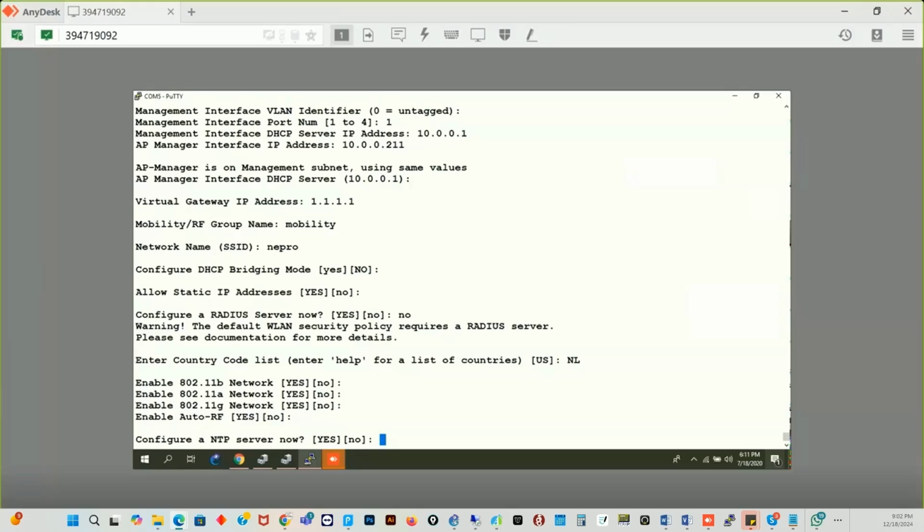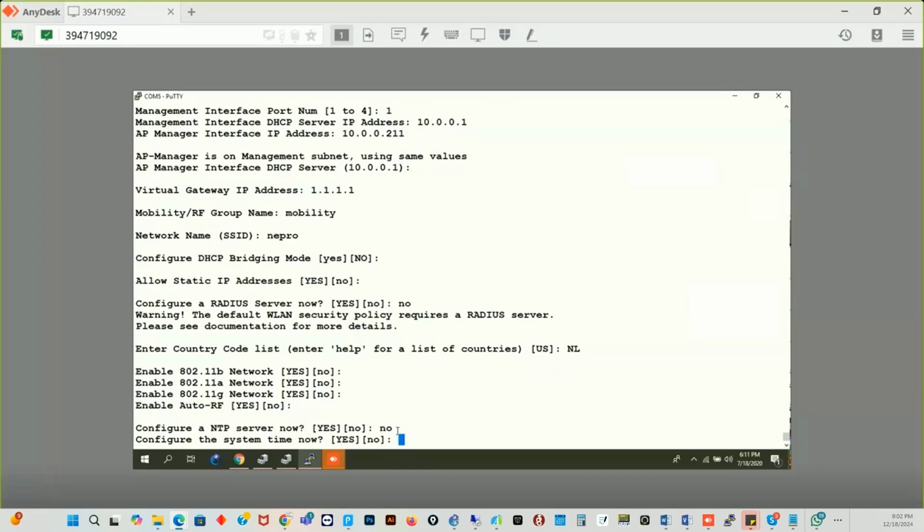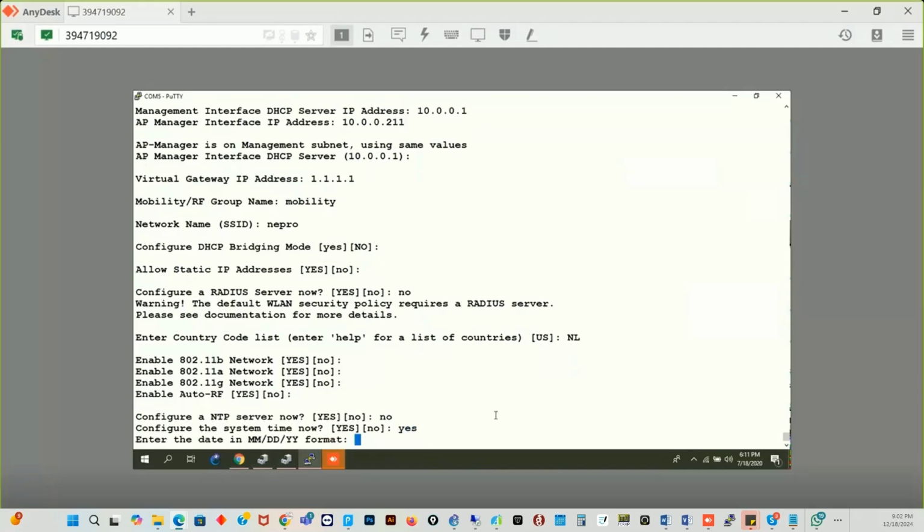And over here, for the wireless controller, I don't have this in the environment. So in this case, I will say no. If I say yes, then I have to put it there. And I have to configure the system time. So the system time is very important. So that one I will say yes. And like I'm saying, it doesn't work with Y and N as we do in networking. Then enter the date over here. So to enter the date over here, we have